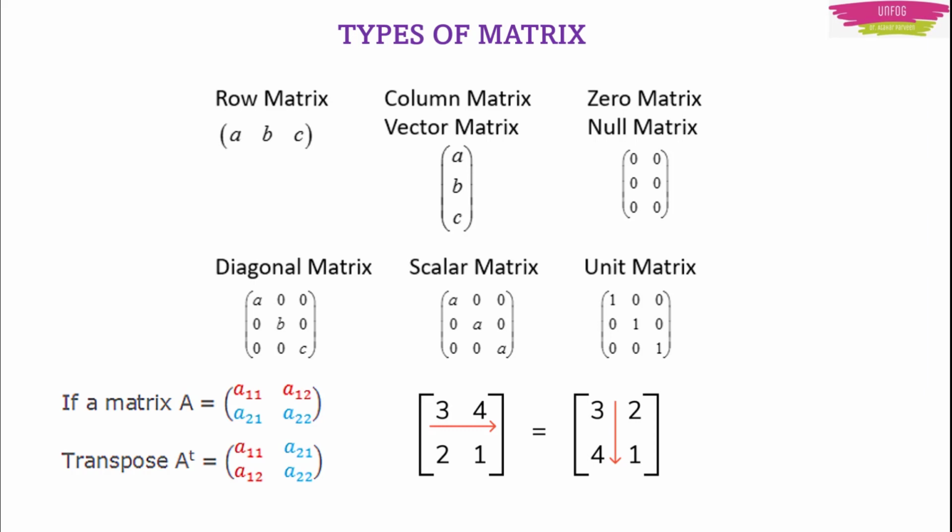For example, if you have 3 4 and 2 1, if you are asked to write the transpose, then you write it as 3 2 4 1, meaning 2 you sent in the place of 4, and 4 you sent in the place of 2. Okay,